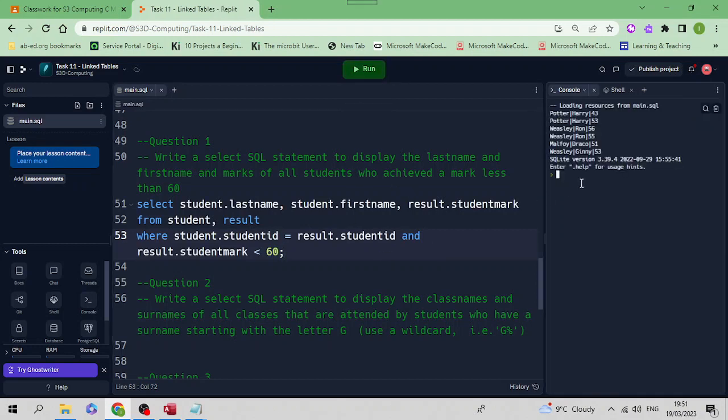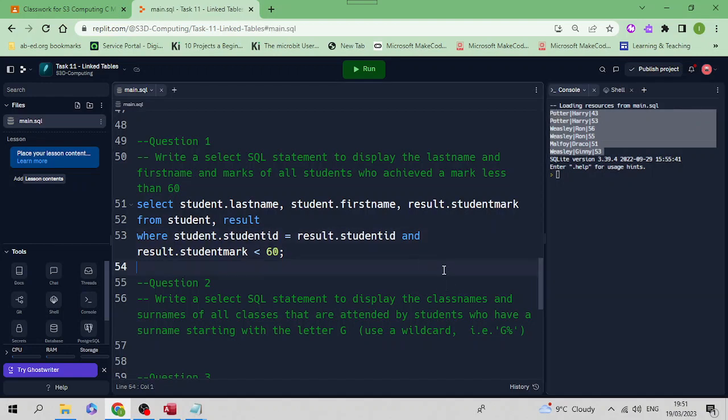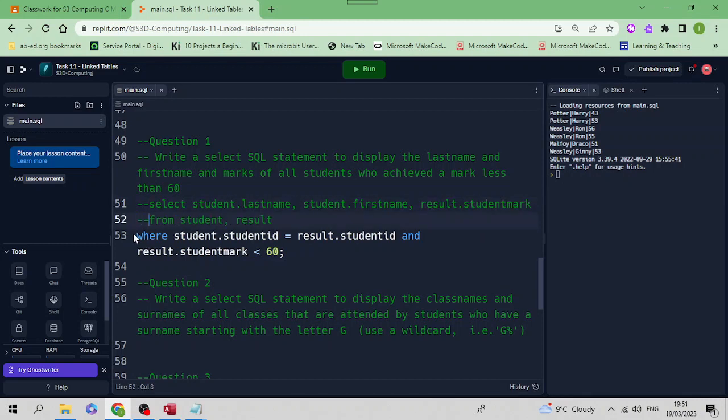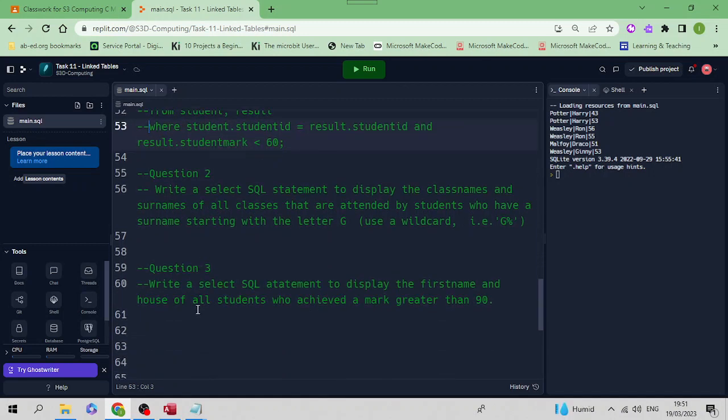We run it, and there we are. We're displaying the marks and the student name. Right, that one's done. Just going to comment it out so that we don't have it bothering us. For the next question,